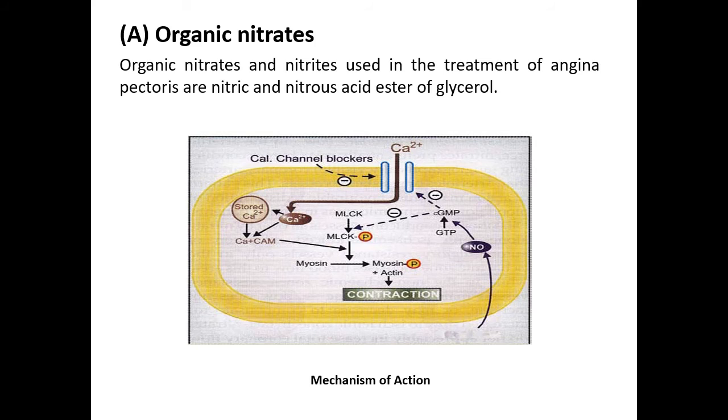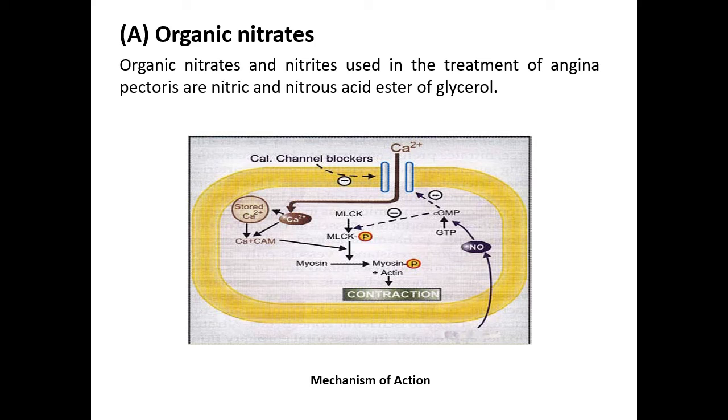Now coming to the first category, that is the organic nitrates. Organic nitrates are basically the nitric and nitrous acid esters of glycerol. Now coming to the mechanism of the organic nitrates. Organic nitrates, when taken, are firstly converted into the nitrate ion, and this nitrate ion gets converted into nitric oxide. Here in this figure you can see this nitric oxide enter inside the vascular endothelium, and inside the vascular endothelium it